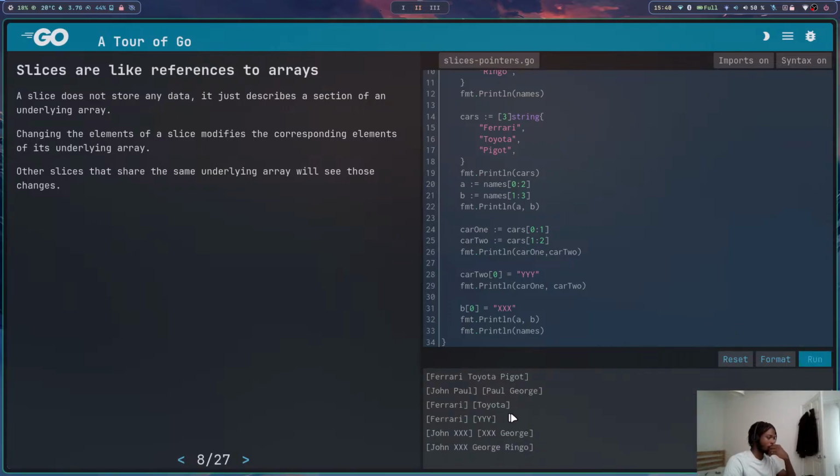Alright, so we have Toyota in here, but we replace the value for Toyota with YYY. So this would in turn change the underlying array in the memory. So how do we know that? Well, if we print out